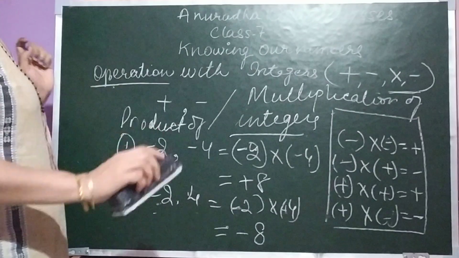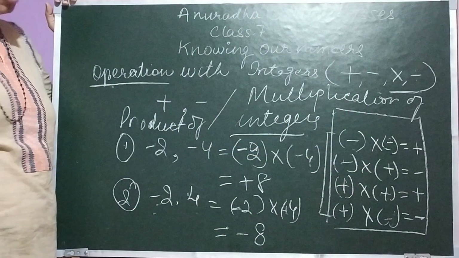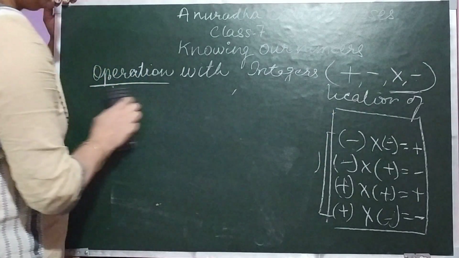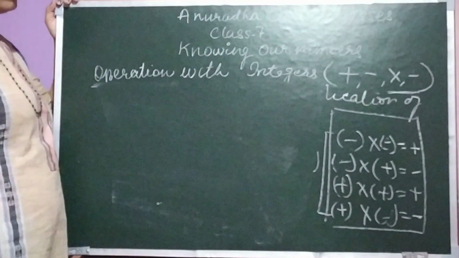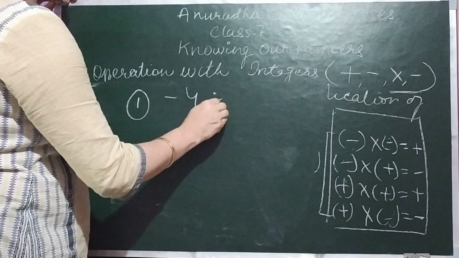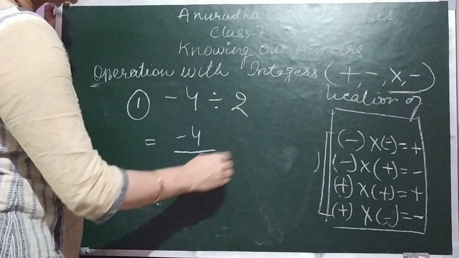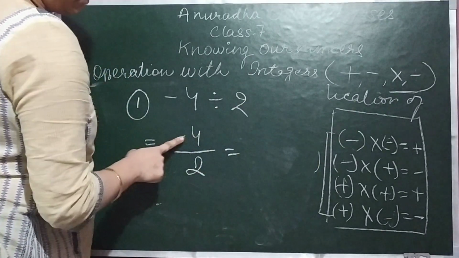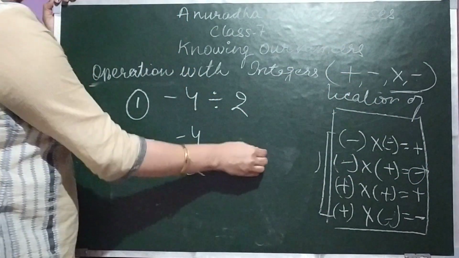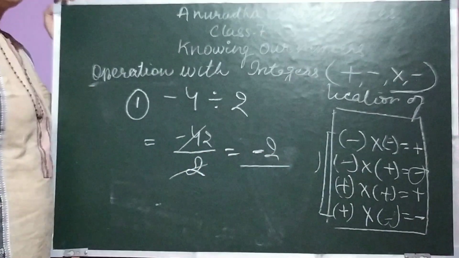Now, the same rules will be for division also. Yes, for division also same rules are there. See, I will tell you with one example only, you can get my point. See, -4 divided by 2. Okay, what will you get? -4 divided by 2. See, minus plus, what do you get? Minus, so the answer will always be negative. Now see, 2 2s are 4, so answer is what? -2. So clear to you?